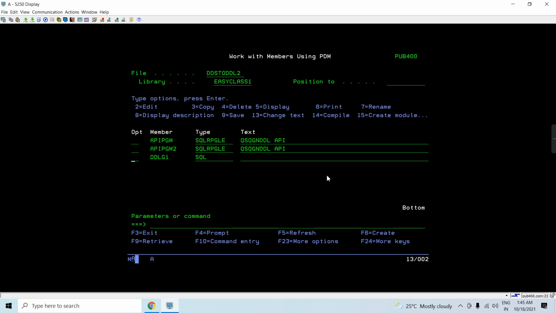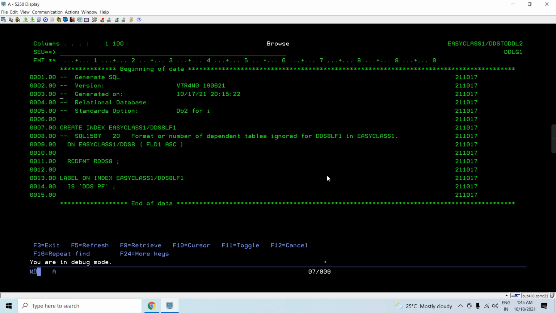Let's see. This is the header thing, create index this, format or number of dependent tables ignored. This is just CVT20 on. So create index this on this table, field 1 this, record format is this, label on index is this.